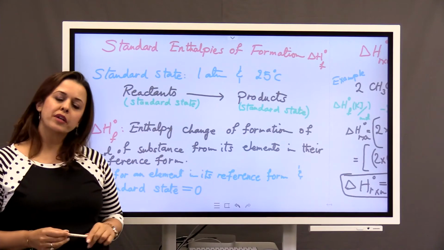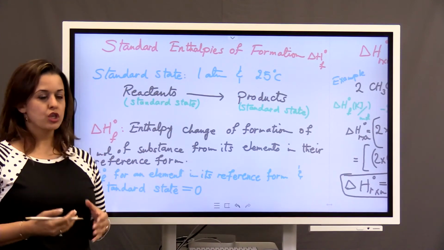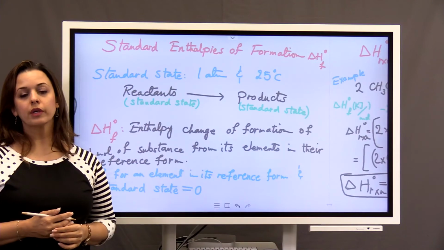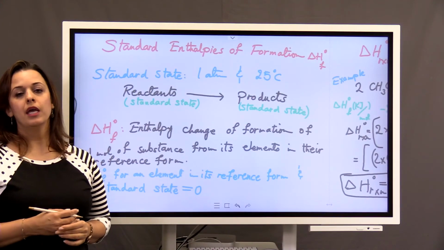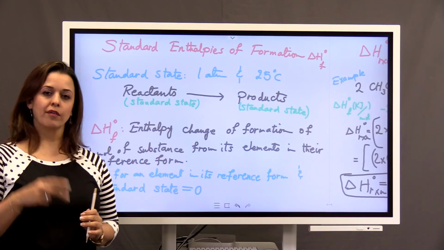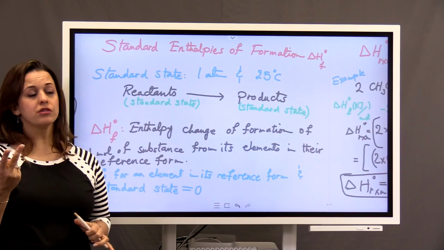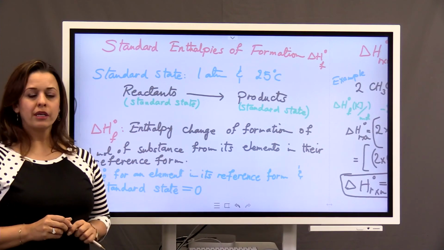The last part of this chapter and this discussion is about how to calculate the heat of a reaction. You have 2 methods, let's say 2 ways to do it. One way is to use this